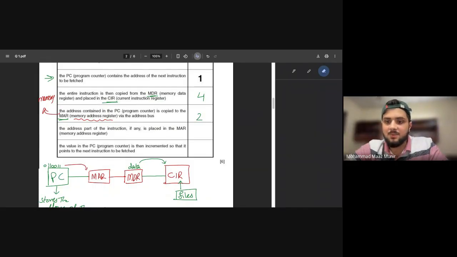Perfect. So now we are done with this. Okay, so the other question was, what is CIR? Inshallah, CIR is the current instruction register. It is that part of your CPU where whatever you need to execute right now, whatever thing you are trying to do,